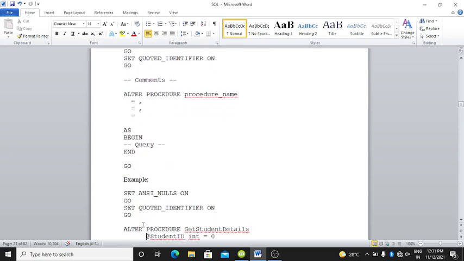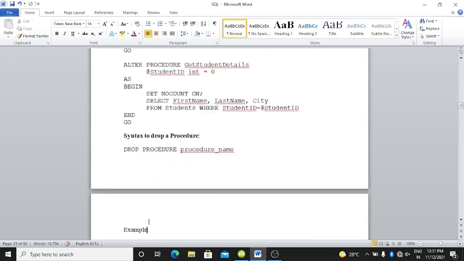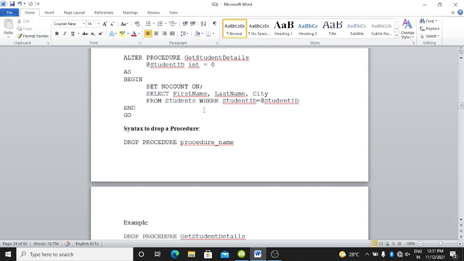Example is SET ANSI_NULLS ON, GO, SET QUOTED_IDENTIFIER ON, GO. Then ALTER PROCEDURE GetStudentsDetails @StudentId INT = 0 AS BEGIN SET NOCOUNT ON, SELECT FirstName, LastName, City FROM Students WHERE StudentId = @StudentId, END and GO.